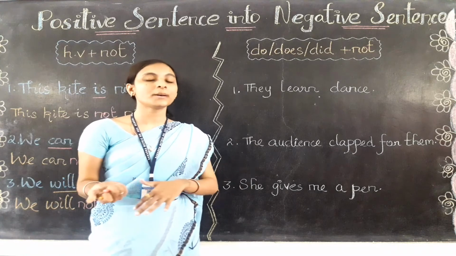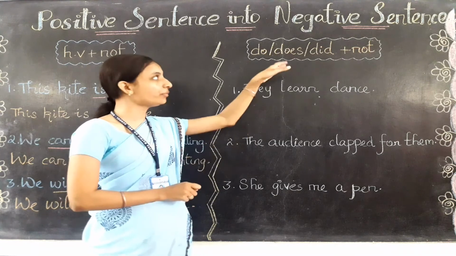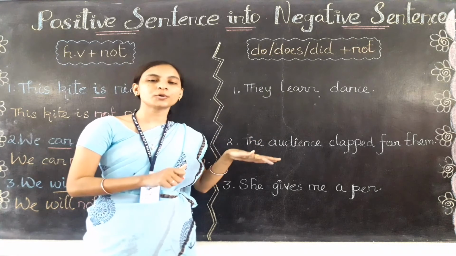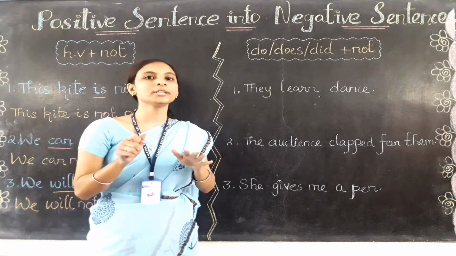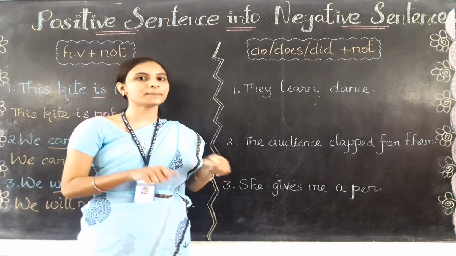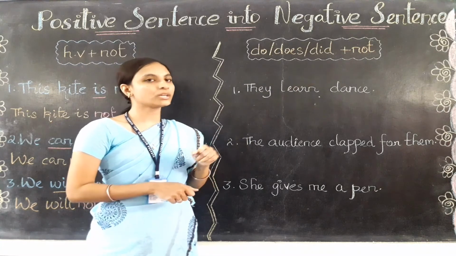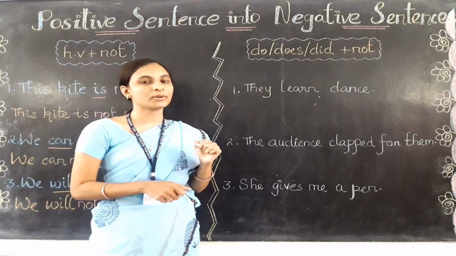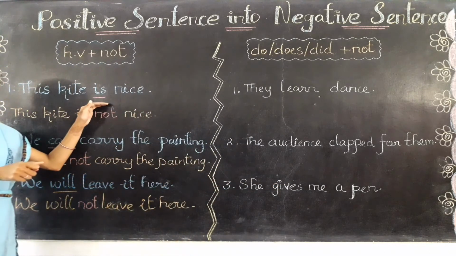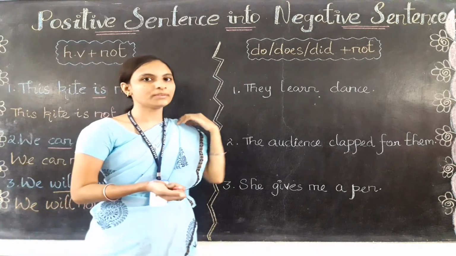That is, when a sentence does not come with the helping verb, what do we need to do? Yes, we need to use the do family verb, that is do, does or did, according to the subject and also the time. Whenever they are talking about the present time, you need to use do or does. If the sentence talks about the past time, you need to use did only. After that only you need to use not. Where do you use this do family verb? In place of the helping verb. After the subject only the helping verb will come, so after the subject only we are going to use this do family verb.